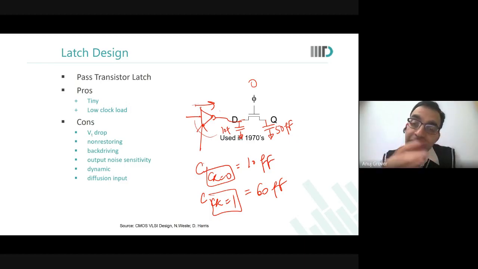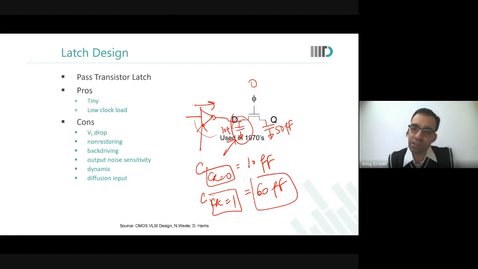If you want to design a big SOC, what will you give as your input capacitance? You will give this as your input capacitance because that is what is D capacitance. You do not even know what all capacitance has been put on the output. At the time of designing, you do not know. So you will say that my input capacitance is this, but in reality, the circuit will see this kind of an input capacitance and the performance will completely degrade. And there is no way to control it.